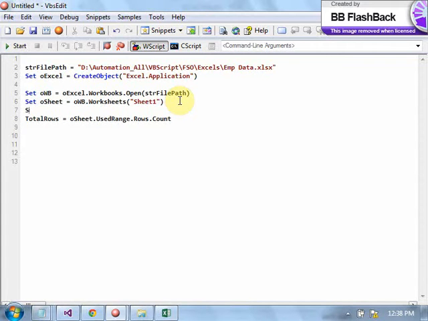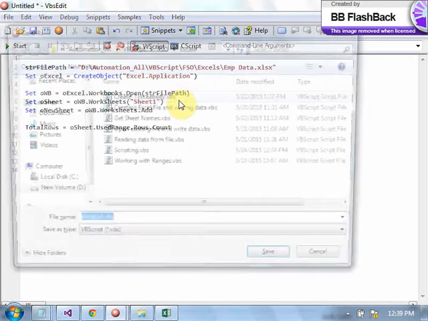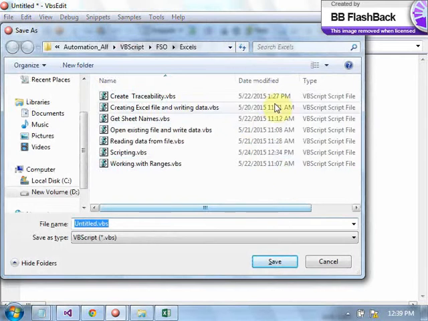Before that, set O new sheet equals to O workbook dot worksheets dot add. Worksheets dot add, that's how you create a new sheet, because the salary has to be copied to a new sheet, right? So I'm not creating it manually, the script itself should create. Then